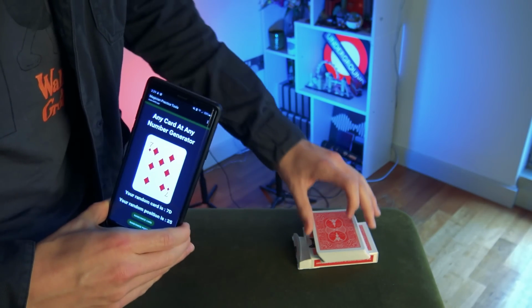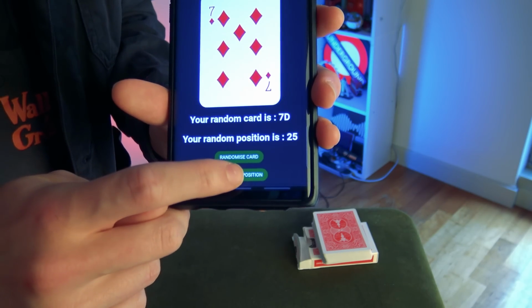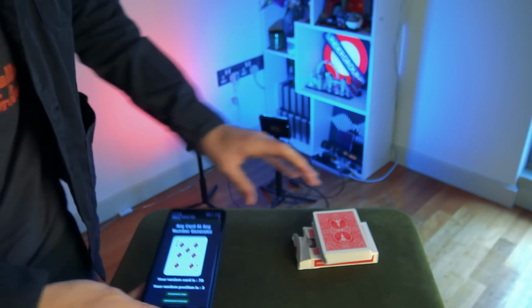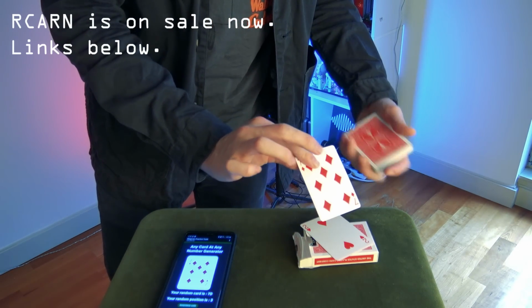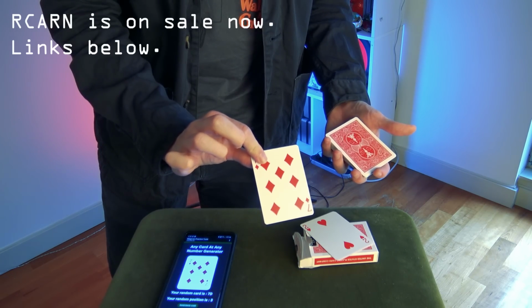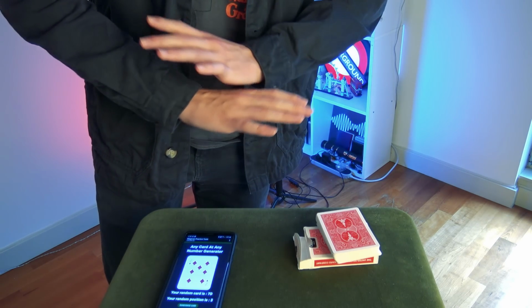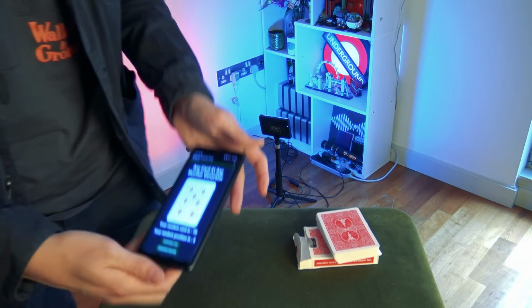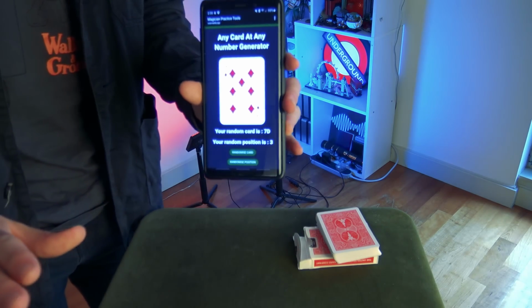So this deck is in a certain order that the app knows about. So one more button press, 3. 7 of diamonds at 3, and as we've seen a couple of times, 1, 2, 3, the 7 of diamonds is right there. This stack that I'm using right here is called mnemonic, but as I say, you can use any order of cards, quite literally. I'll cover that in a second, so if you're not a fan of that, don't worry, you can change it.